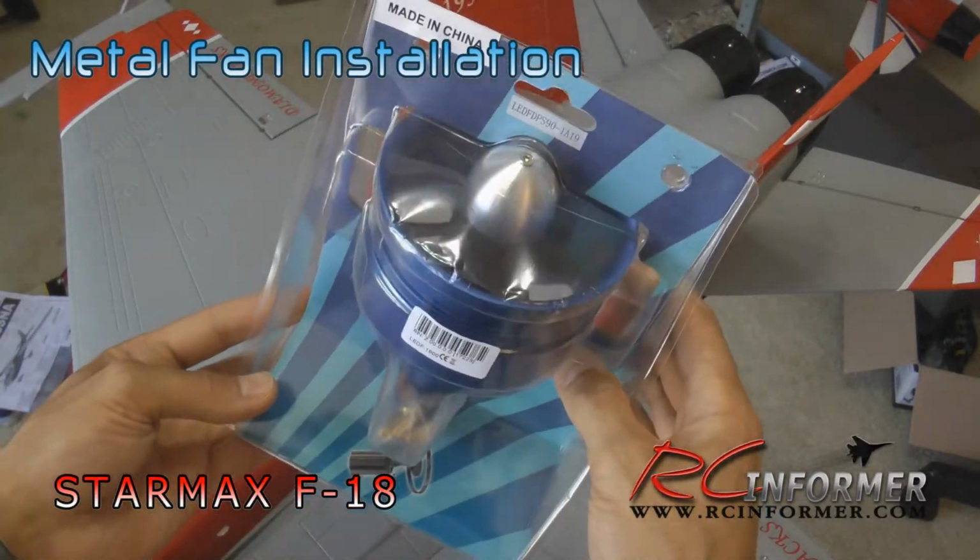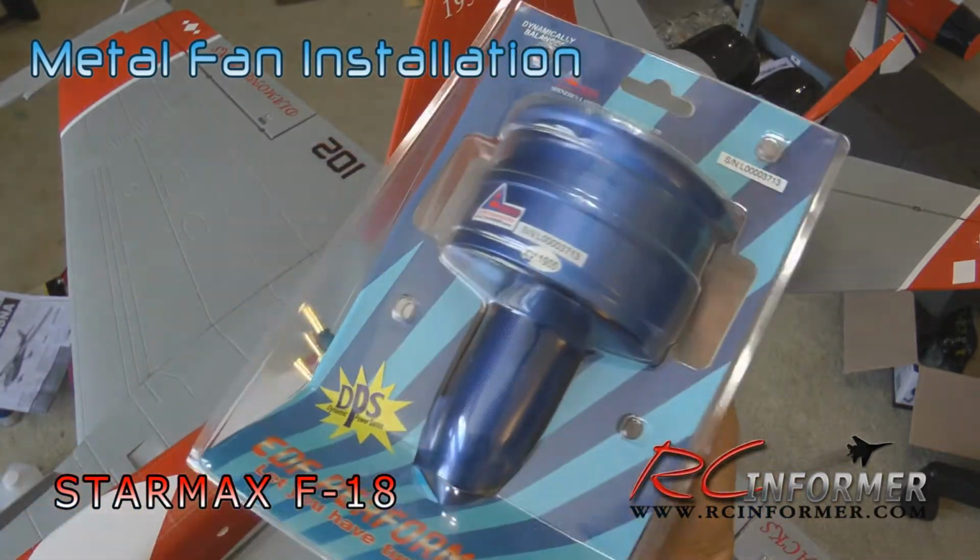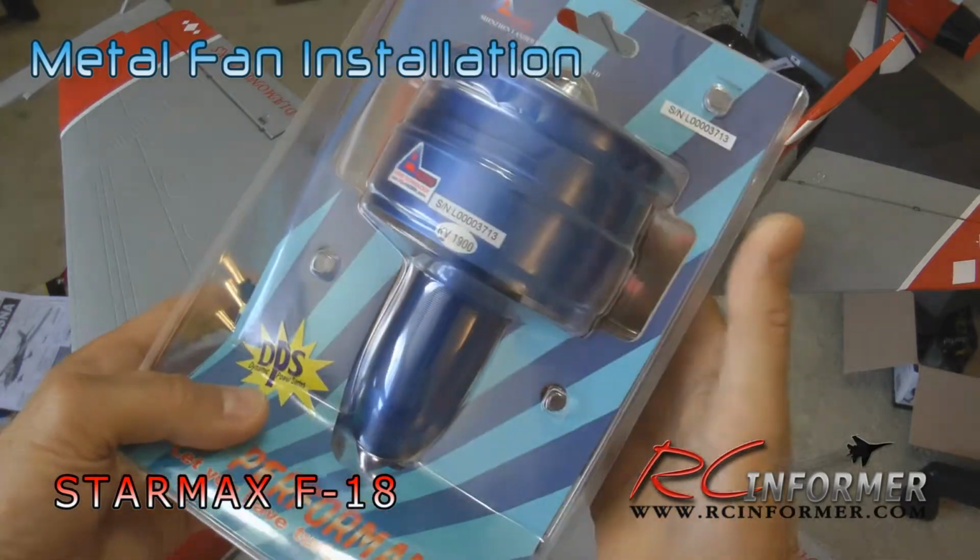It's supposed to put out about something like 5 to 6 pounds of thrust, so this plane should be over thrust to weight with this in there. I decided to change out the fan. The fan that was in it was okay, but